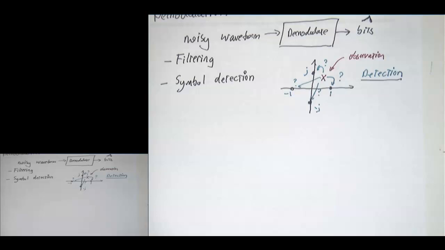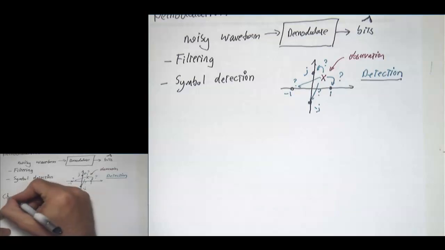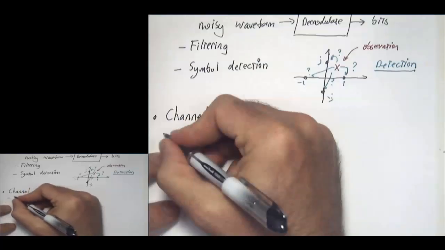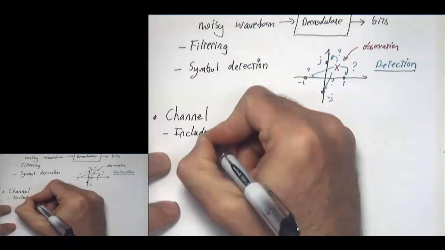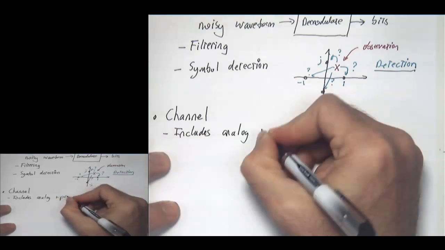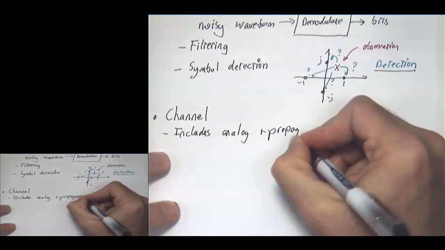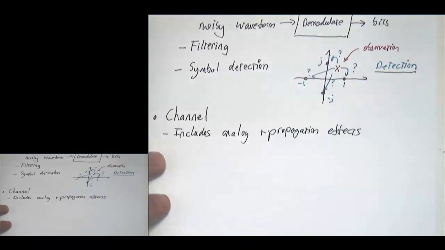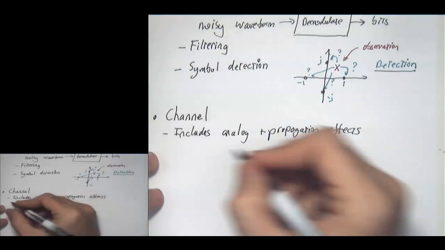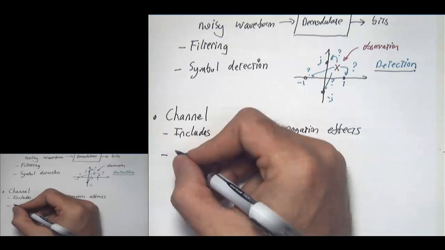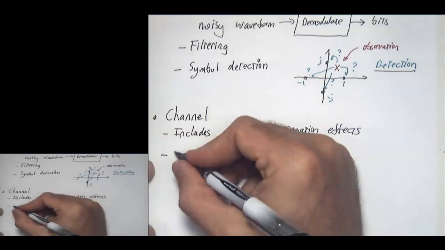And so in the channel is our model that includes analog and propagation effects. And so we're going to see things like, let me see, additive noise. So for example,